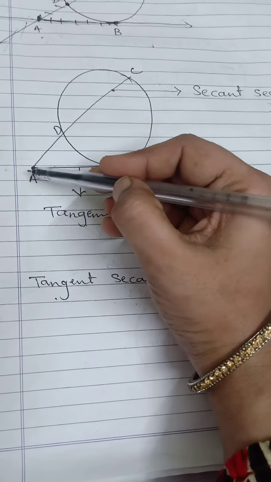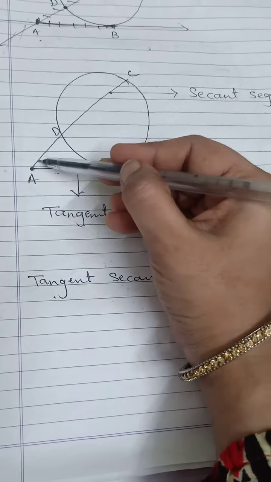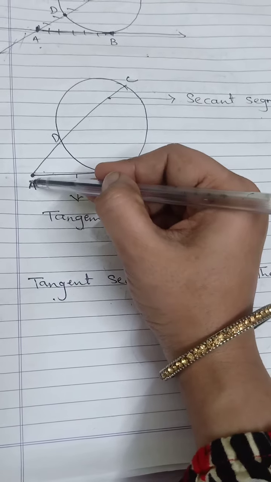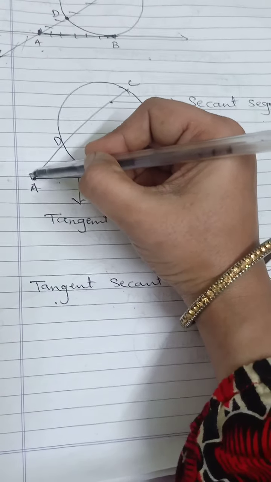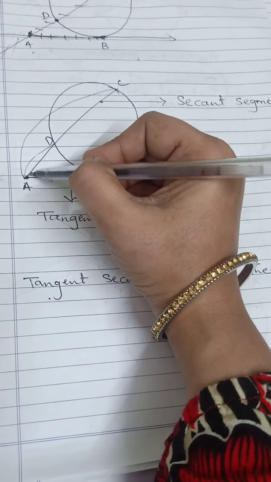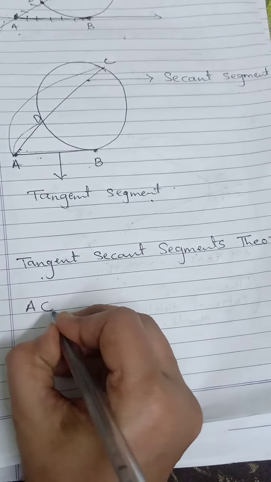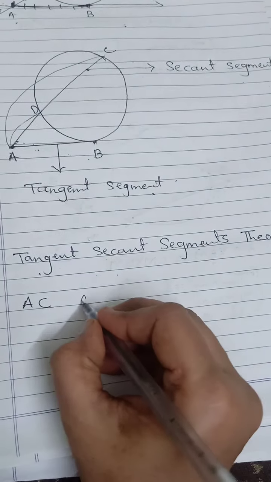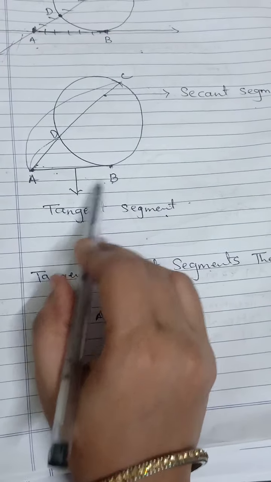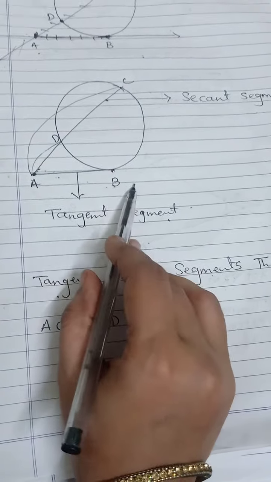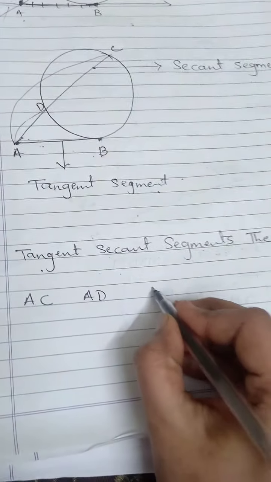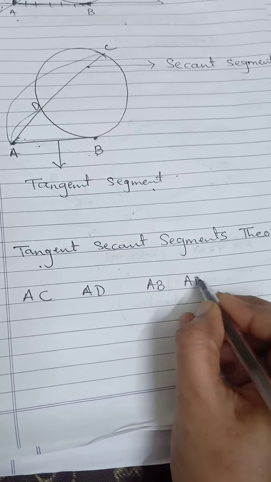First of all, we have to find here the two segments on this secant in such a way that this point of intersection should come in it. So it is very easy. I have explained you. The first segment is AC. Second is AD. A is included in that. So the first is AC. Second is AD. So we have taken here two segments on the secant. But whenever we talk about tangent, here only one segment is there, no other segment. So what will we do? Here only AB is coming. So this AB only we will take twice.